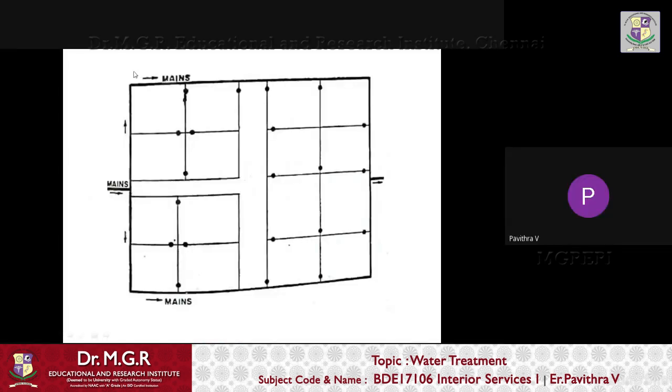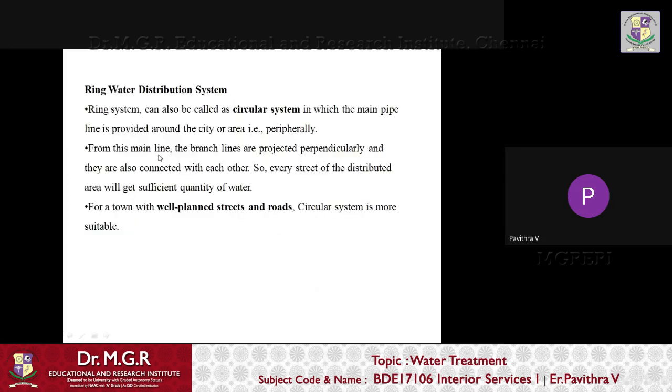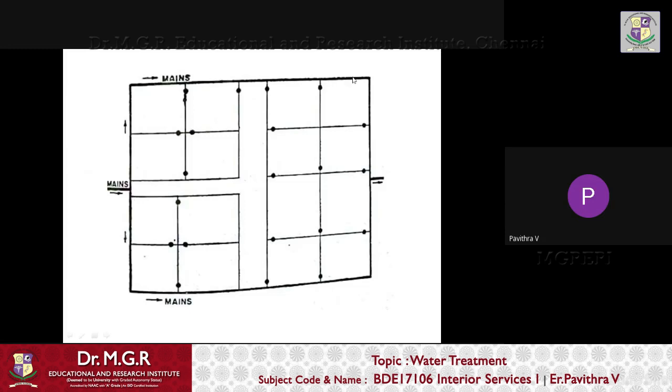The direction of flow of water. So the entire city town is fully connected with the main line, and then the main is divided into branch lines. So there are only two pipe connections. That is, the entire streets are going to be surrounded by means of the main pipes, and from the main pipes we are going to get the branch lines.